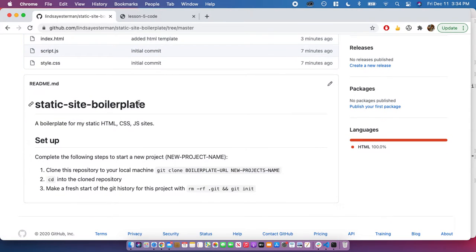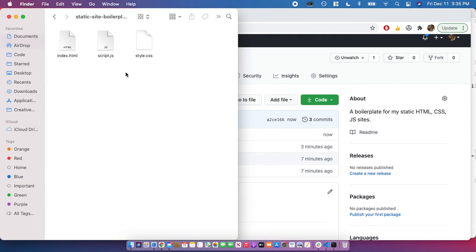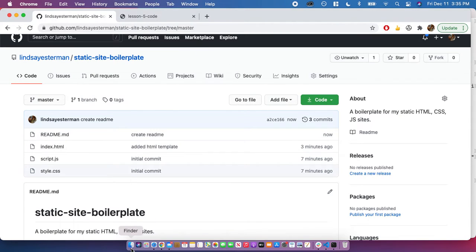Now you can see that there's this large title, and then within these ticks is the code. And this just tells us how we can use the template. Okay, so now what we have to do is, look, I just added a README on my GitHub to my project. The only thing is, in my local machine, I don't have that readme.md file. So I'm going to have to pull the changes I made on GitHub onto my local files so I can have the